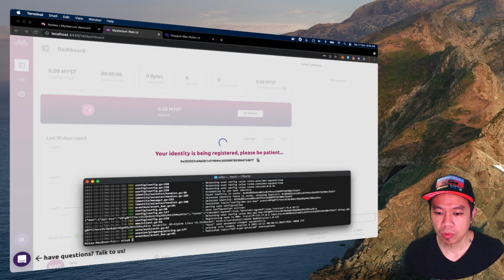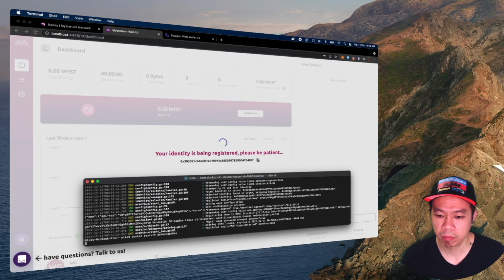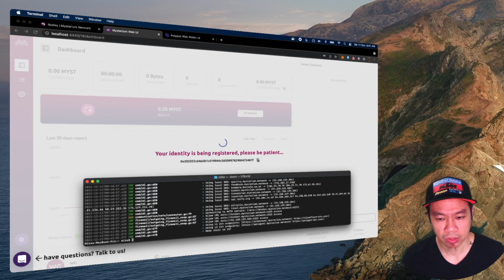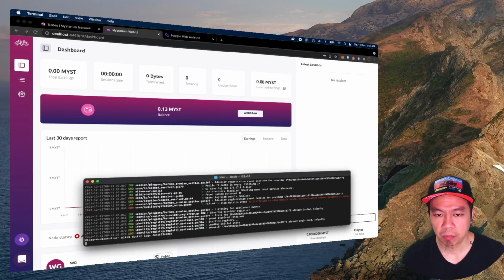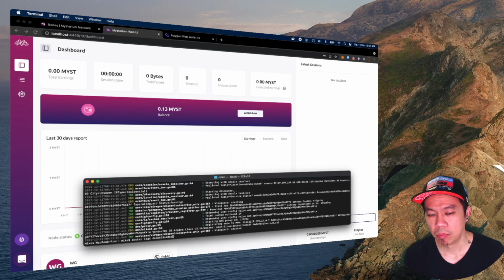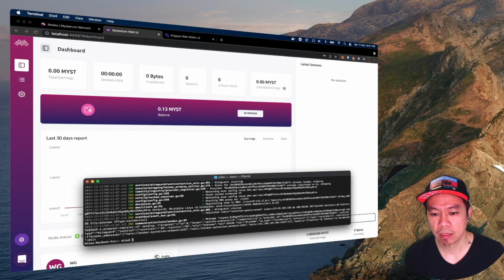So what I'm going to do now, since it's taking a bit longer, is try to restart the Docker by typing docker restart plus the container ID. Then we try to check what's going on. Yes, so far so good. So the next step is, oh yes, after restart, it successfully registered our Mysterium node,